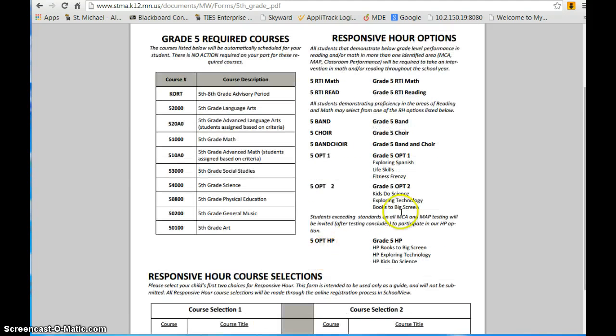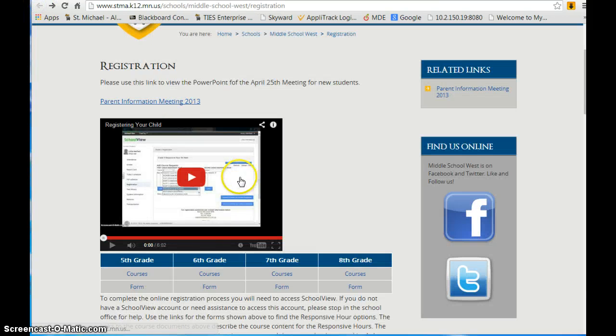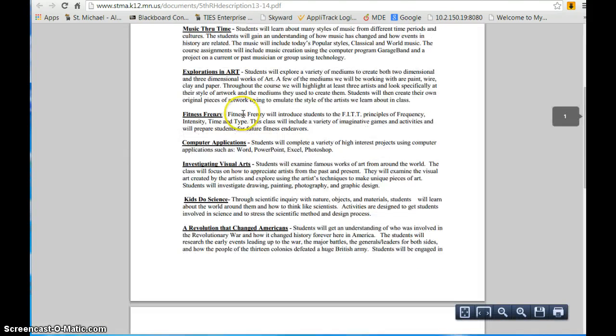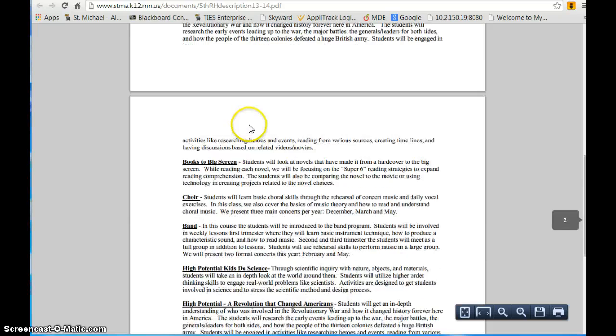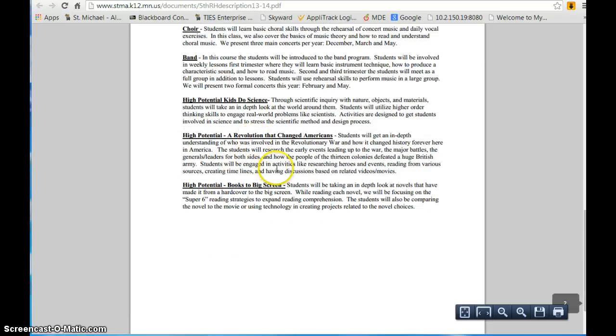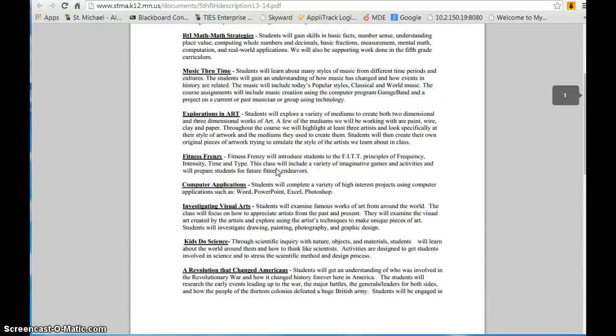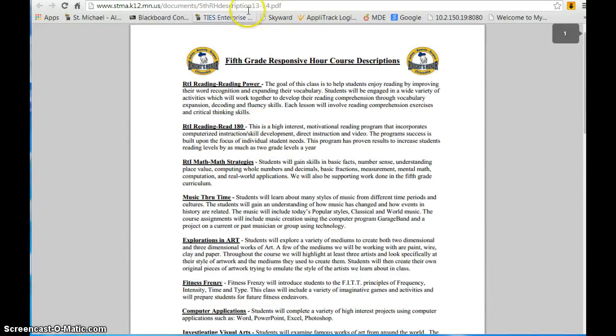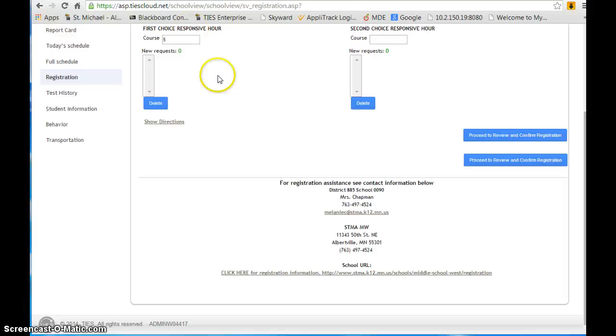These alone won't tell you exactly what those courses are all about, so if you do return back to our registration page, you'll notice that courses is also an option for a form underneath each grade level as well. By choosing 5th grade courses, you can see which courses are offered for 5th graders during responsive hour and make your choices accordingly by reading those brief descriptions. Once you've made your selection of the courses you're most interested in, you'll simply return to the registration page and